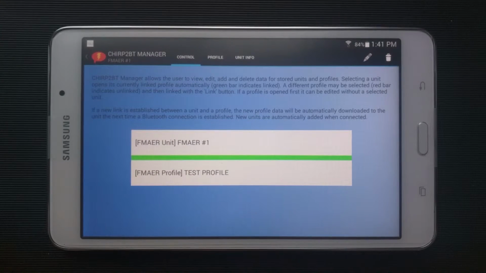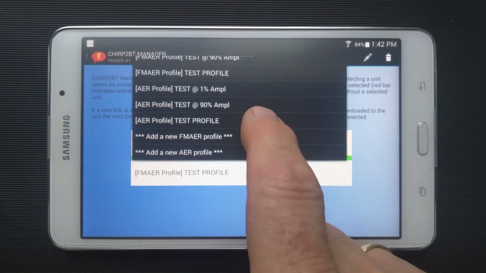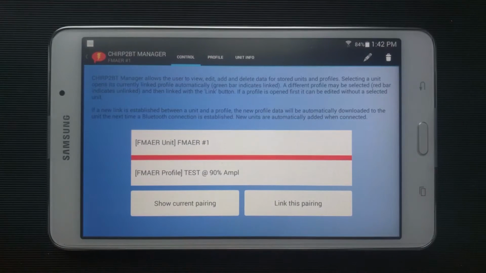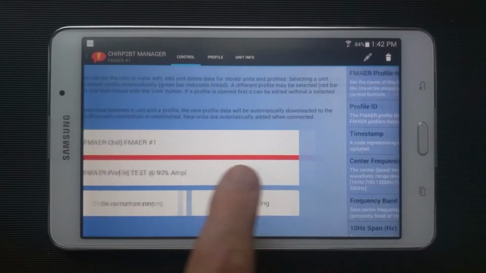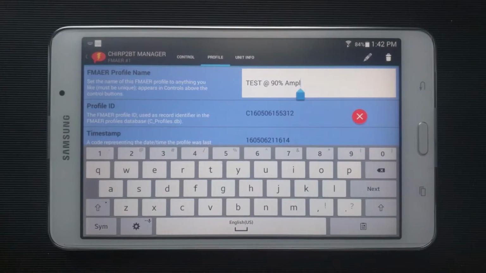Let me show you how we can actually change some information. Okay, so let's select this one. Bring it up on the screen by sliding over to Profile. At this point, we might want to change the name of this. The way that you can do that is to hit the Edit, go in, let's change the name, and just write in 3 X's,